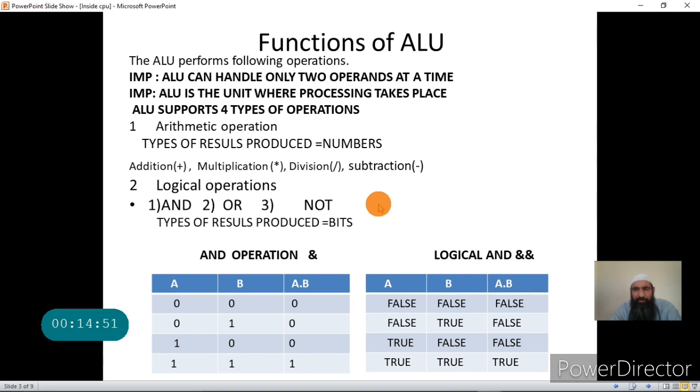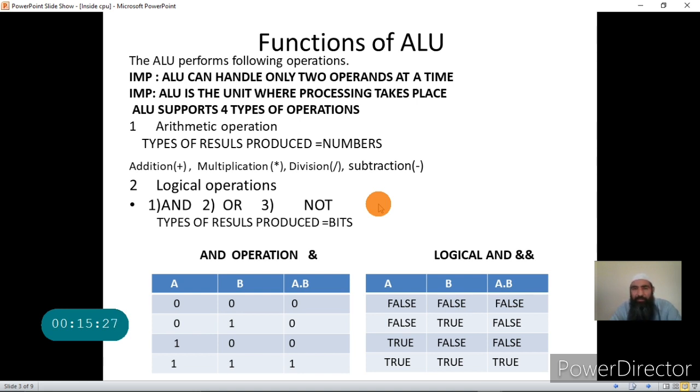Now, I will discuss the 4 types of operations that are done by the ALU. These operations will be done by the ALU when the processor receives the instruction to do those operations. Once the processor receives the instruction, it will convey to the ALU, by giving a control signal, that it should perform these operations.